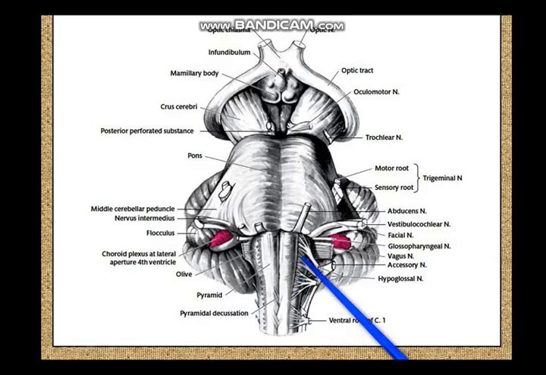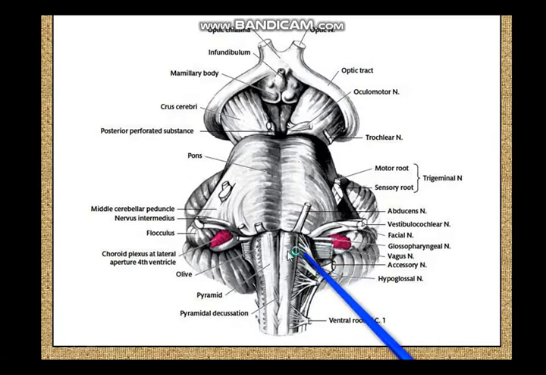the inferior cerebellar peduncle you have the 9th, 10th, 11th, that is glossopharyngeal, vagus, accessory. So between the pyramid and the olive you have multiple rootlets of the hypoglossal nerve, and between the olive and the inferior cerebellar peduncle you have the glossopharyngeal, vagus and accessory nerves. The groove between the pyramid and the olive is called the anterolateral sulcus, and between the olive and the inferior cerebellar peduncle the groove is called the posterolateral sulcus.